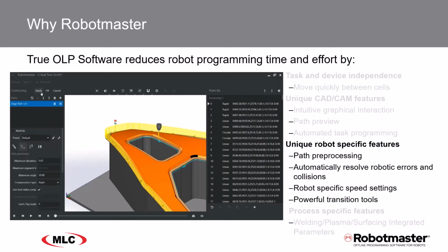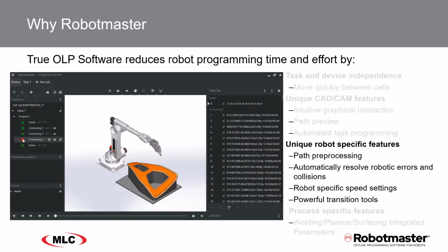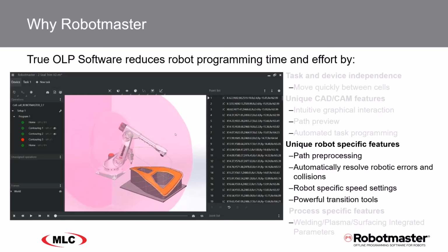the start points, your cut directions, your entry and exits, and so on. You will notice graphical feedback right away. With Robotmaster's path preprocessing, this lets the user know if there's going to be any robotic issues or not. Not being a robotic expert, but a process expert, this will help you understand any issues that you have and